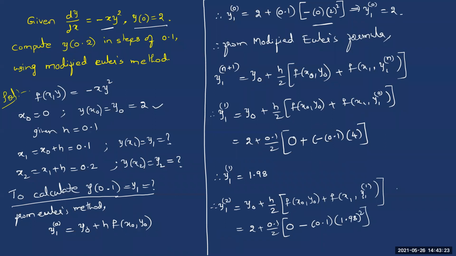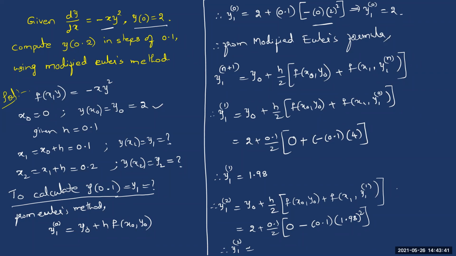We are just substituting x is equal to x1 and y is equal to y1 in the function f, and the function f has y square. I'm just taking the square here also. So therefore, let us substitute everything into this. Y1 second approximation is equal to, somebody can do this.